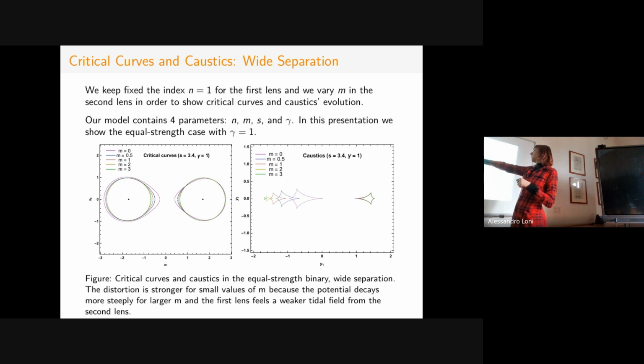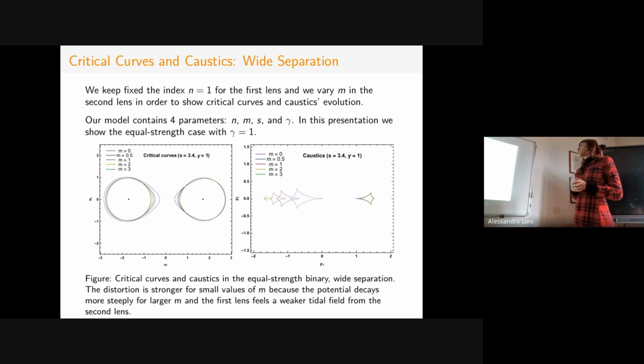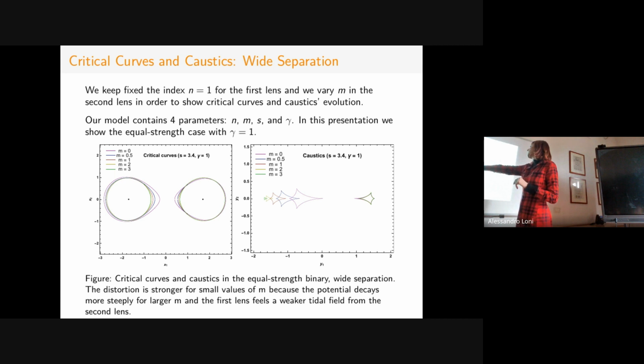And we considered these values for the indexes. So the pink line is for m equal to 0. The blue line is for m equal to 0.5. In these cases, we have, for example, a galactic halo. N equal to 1, as we said, is a Schwarzschild metric, so normal star, black hole. For m equal to 2, the yellow line, we have the Ellis wormhole. With m equal to 3, we have exotic matter. So these are the critical curves in the wide separation. These are the corresponding caustics